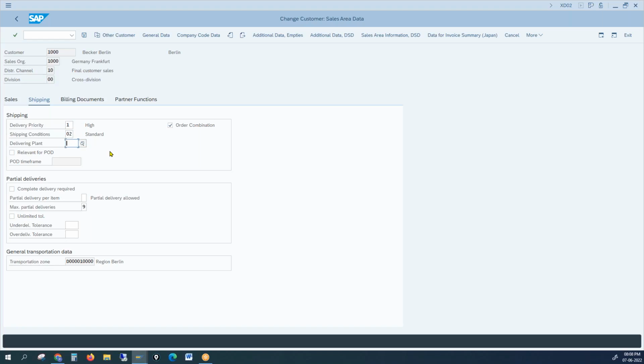If it is also not maintained here, then the system will go to the material master. In the material master also, we have a similar field called delivering plant. If it's not available there, then the system will throw an error. So what is the criteria to determine plant into the sales document? The criteria to determine plant into the sales document is